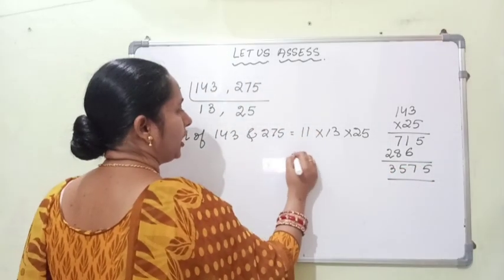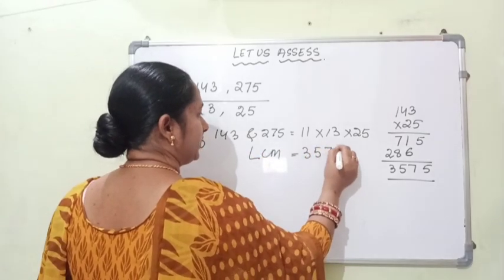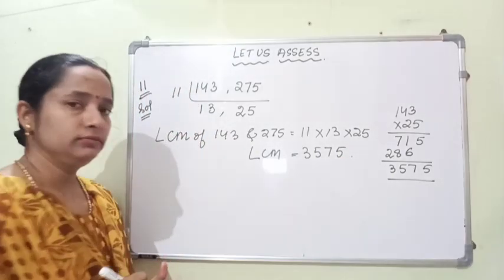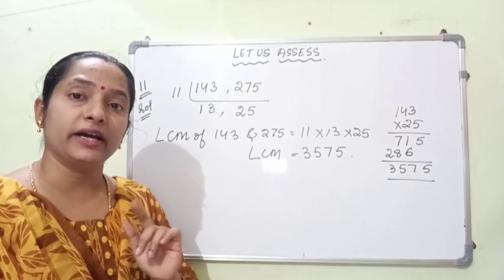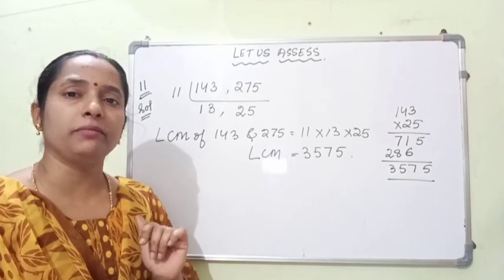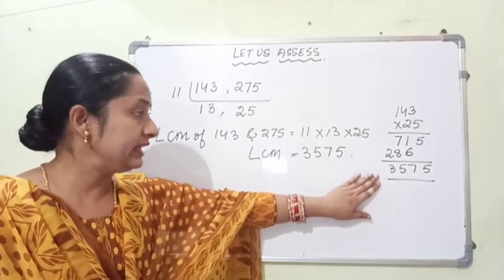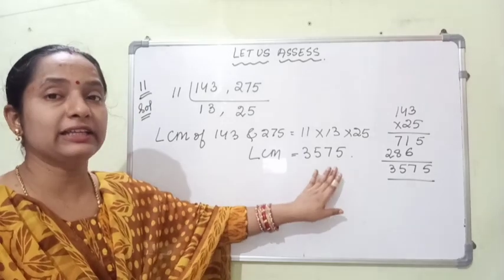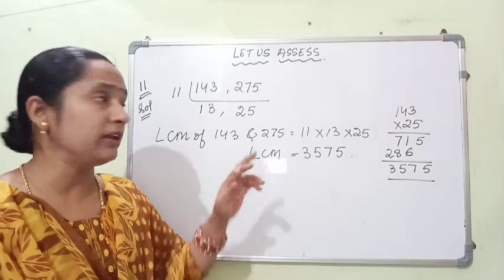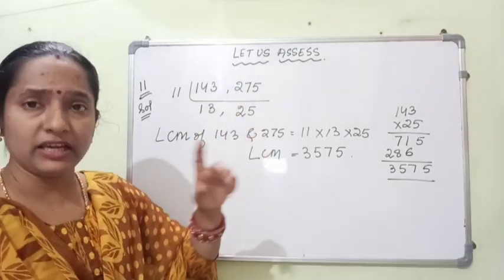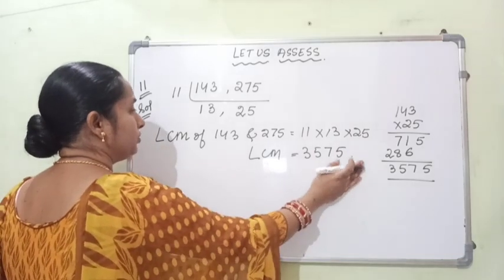Right? So you got the product, or the LCM. How much did you get? 3575. So we are given that find out the least number which leaves a remainder 7 after dividing by these numbers. But what number did we get? It is the least number that is exactly divisible. So in order to find the least number that is divisible by these two numbers leaving a remainder of 7, we will find it by adding 7 to the LCM.